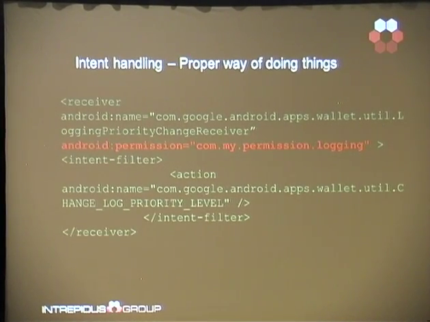Another way to expose this intent, but only limited to certain entities that should be calling stuff on it, would be to require permissions. So when you request a permission, and especially if that's a signature-based permission, you're ensuring that whoever sends an intent to your receiver or to your application has the same signature as your app.